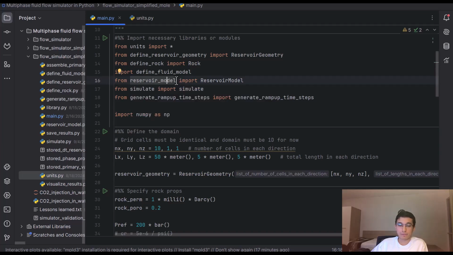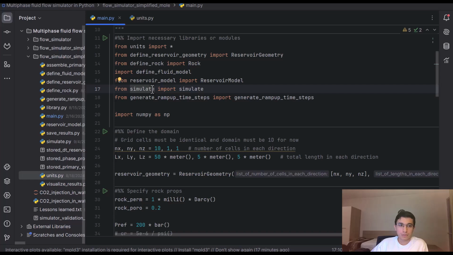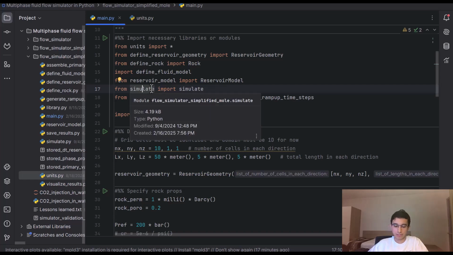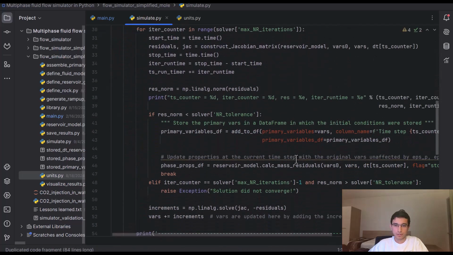which we have the governing equations, and we actually calculate the residual equations that we are going to have. And in the simulate module, we actually solve the equations. Here we solve the equations,